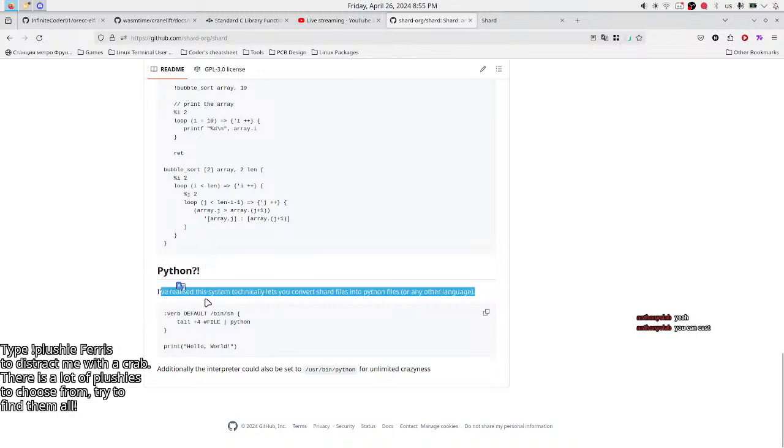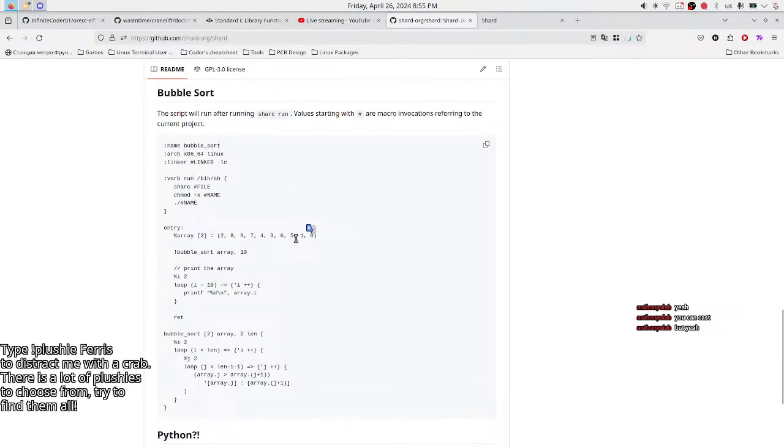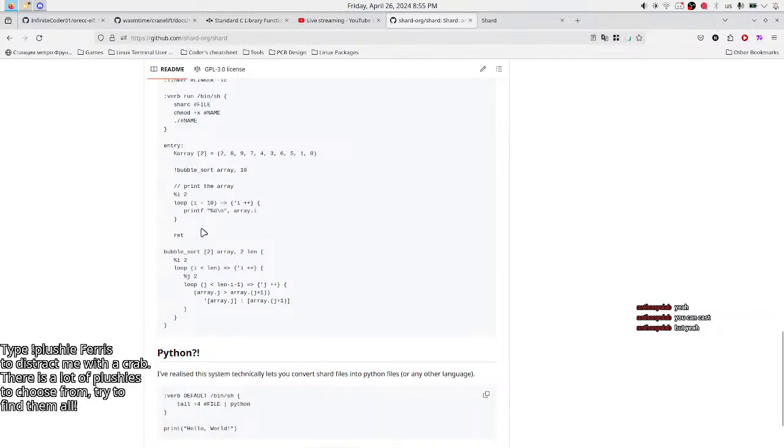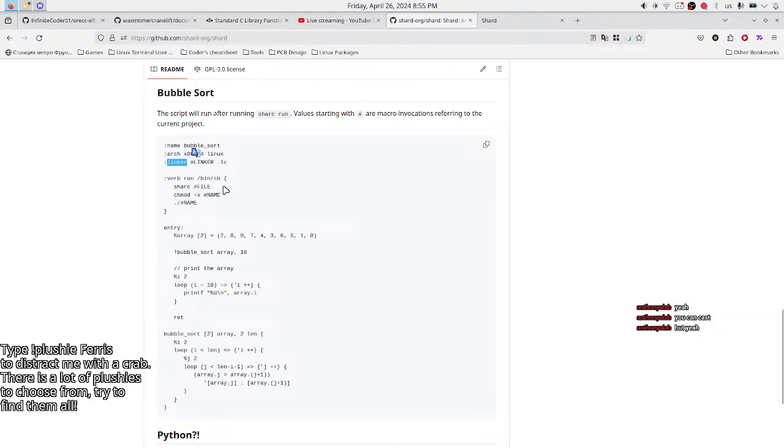Verb Python. I realized the system technically lets you convert shard files into Python files or any other language. What? You can cast. Well, if I don't have types, so no implicit casting, then I have to be able to cast. Okay, so actually let's look at this. libc verb run /bin/sh.